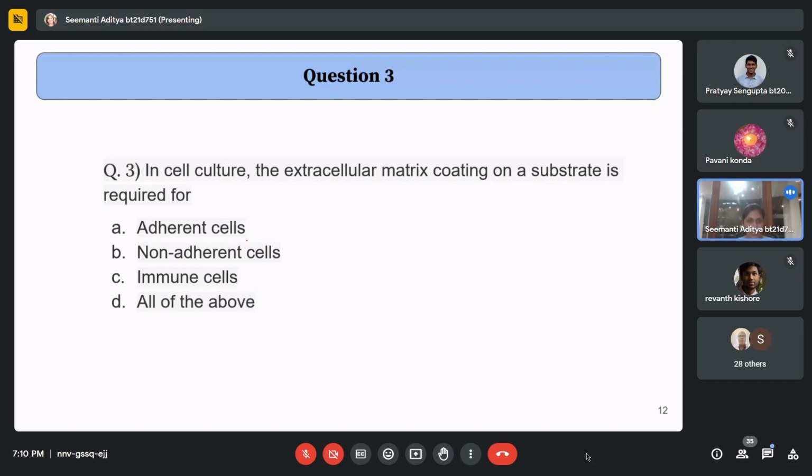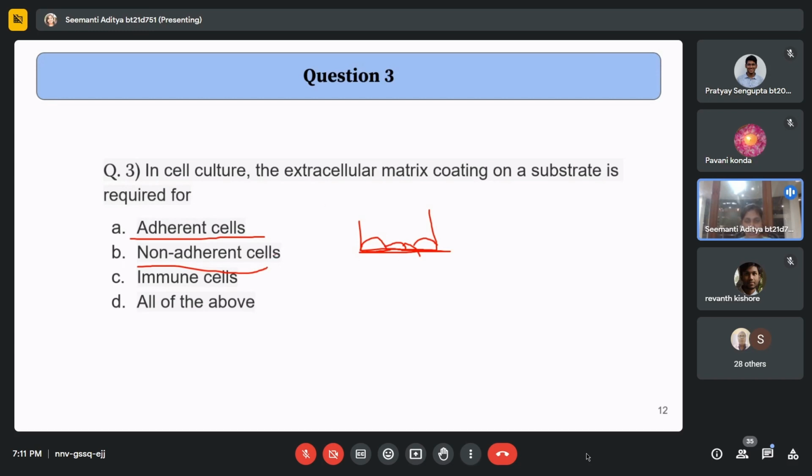That's right. It is required for adherent cells, because adherent cells generally grow on the lower portion of the dishes. They will be attached to it, and this portion has to mimic the extracellular matrix. Non-adherent cells do not get attached to any kind of substrate,